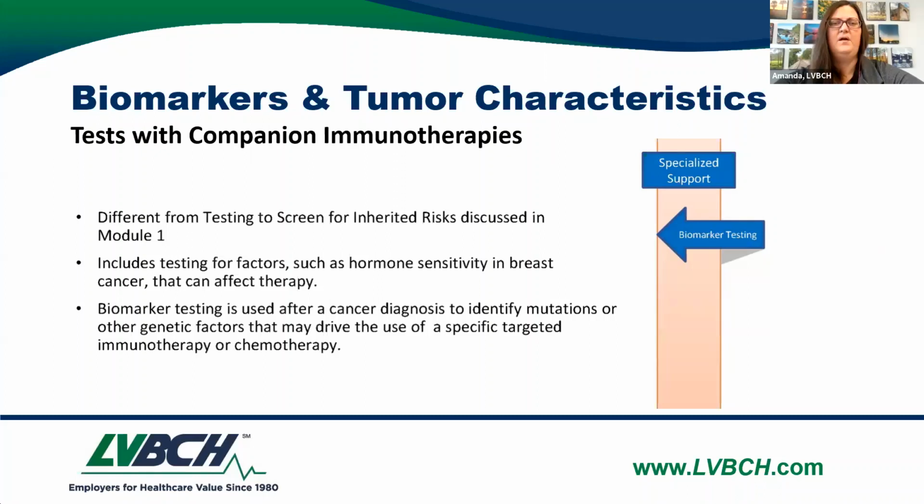Great, thank you. I think maybe when you have the layperson, our members who don't know, are there biomarker tests for every cancer? Is it something that they should at least be asking about following a new diagnosis? So at this point, I don't know that there's testing for every cancer. For most cancers there are